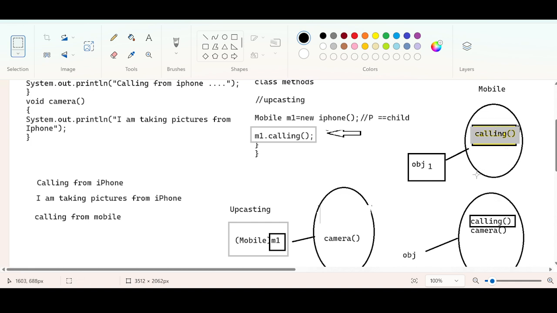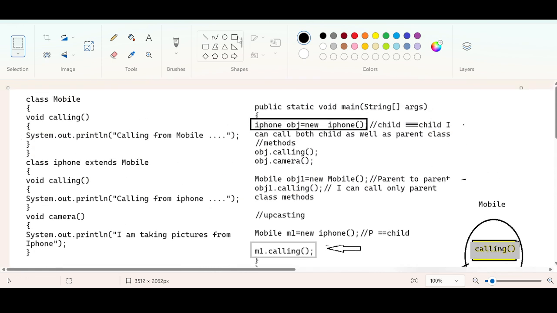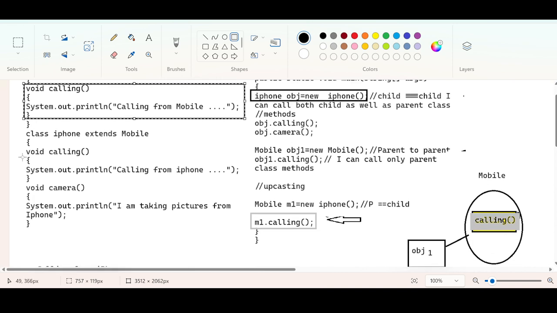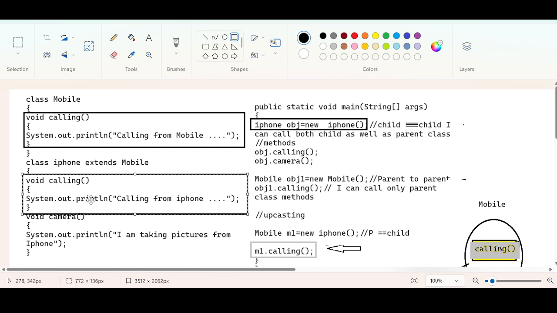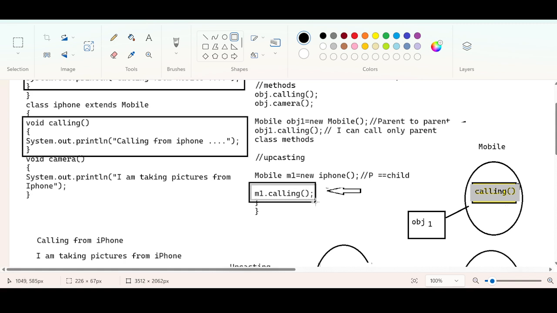because of upcasting. So here you have a calling method, and both method names are the same. This is an overriding concept. We will look at overriding in a future topic, but for now both methods are the same. I am calling a method by the name of calling, m1 dot calling.